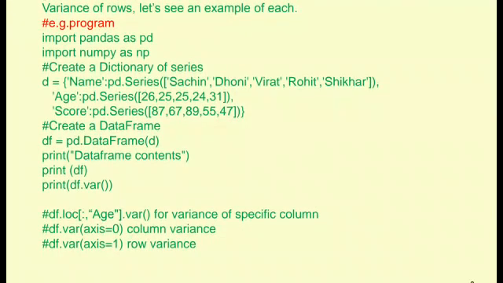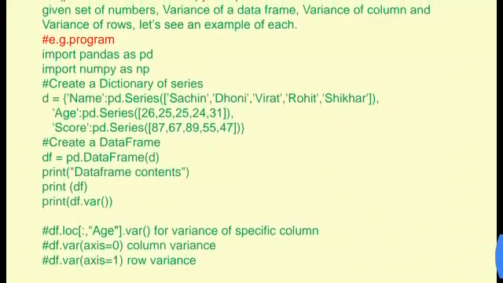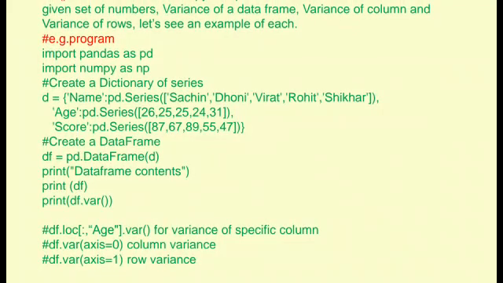Now hashtag df dot loc bracket colon comma age close bracket dot var bracket, for variance of a specific column. Hash df dot var bracket axis is equals to 0 bracket close, column variance. Hash df dot var bracket axis is equals to 1 bracket close, row variance. So variance is our last topic in our first chapter. Now our first chapter